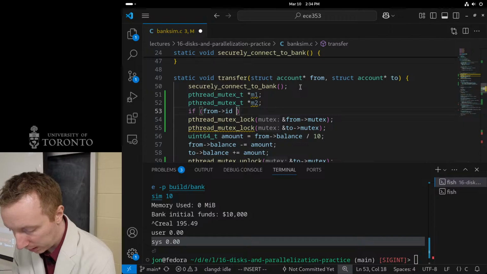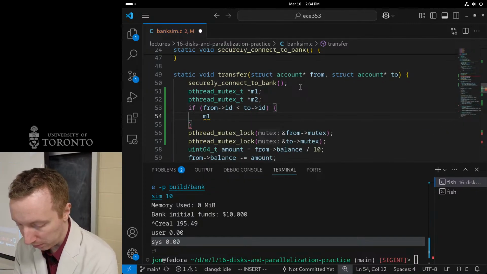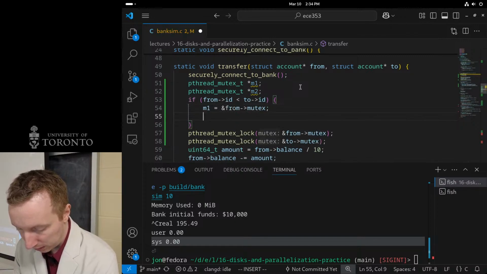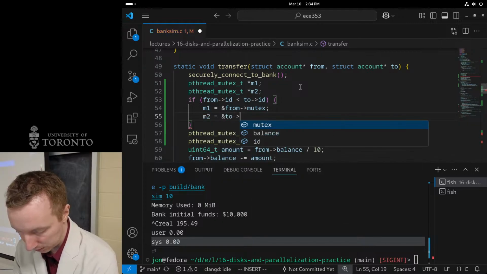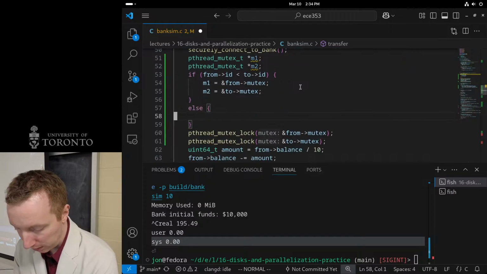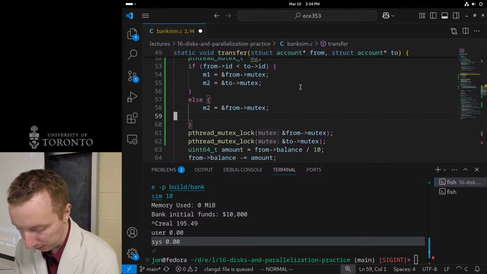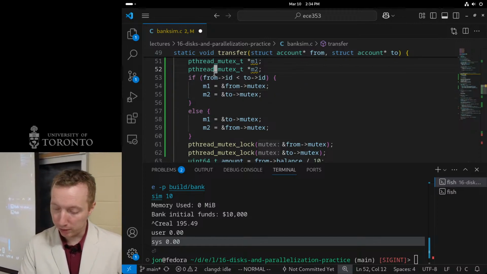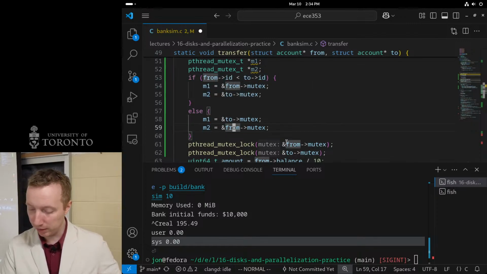If from's ID is less than to's ID, then we'll say M1 is equal to from's mutex, and M2 is equal to to's mutex. And otherwise, we'll just flip them around. If from's ID is greater than to's ID, we'll make M1 equal to to's mutex because it's smaller, and make M2 equal to from's mutex because it is larger.